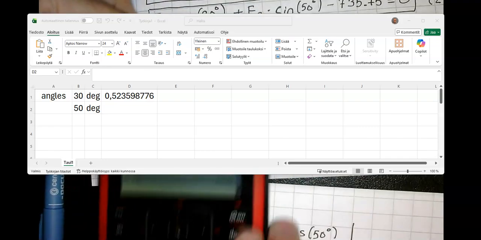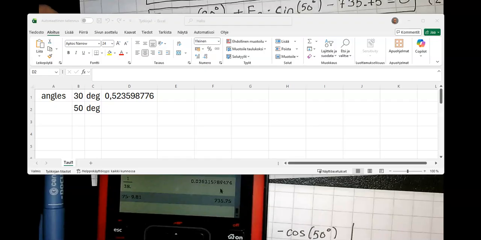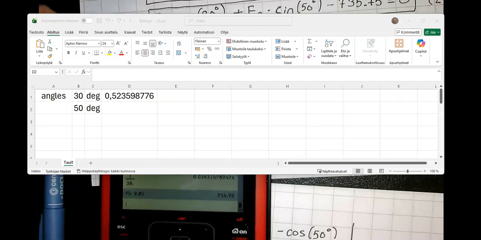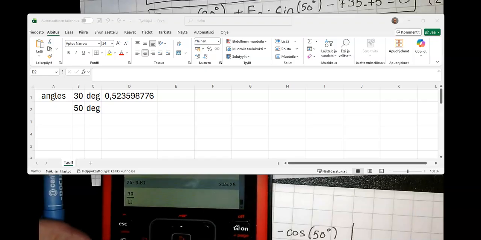30 degrees, if we divide that by 180 degrees and multiply with